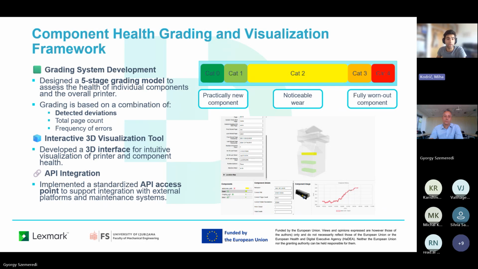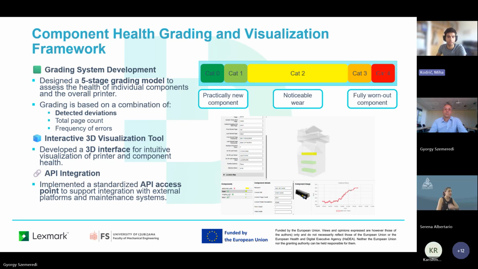We also built an interactive 3D visualization tool that shows us the health status of each component, trends over time, and recommended next step. So either recycle, take back, or buy back with a price offer if that is an option. We also created an API for integration with external platforms, such as in our case, OIDP, which was developed by Significant.